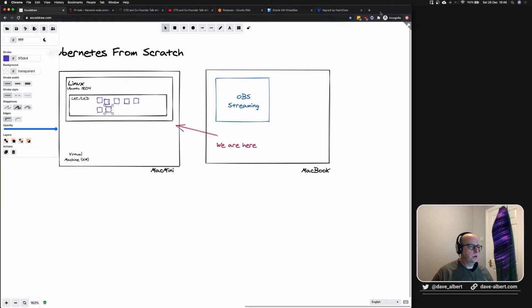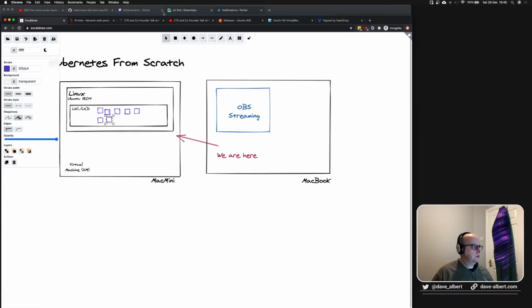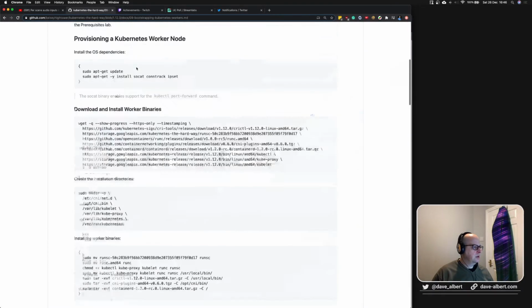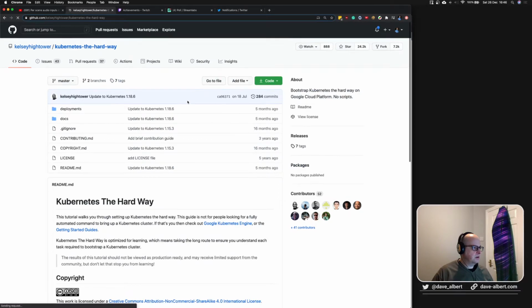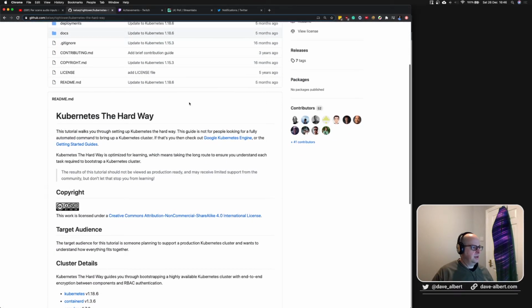And so I can show you this. This is Kubernetes the Hard Way. It's used to understand Kubernetes from the ground up. I've been using it for quite a while, but I have mostly used